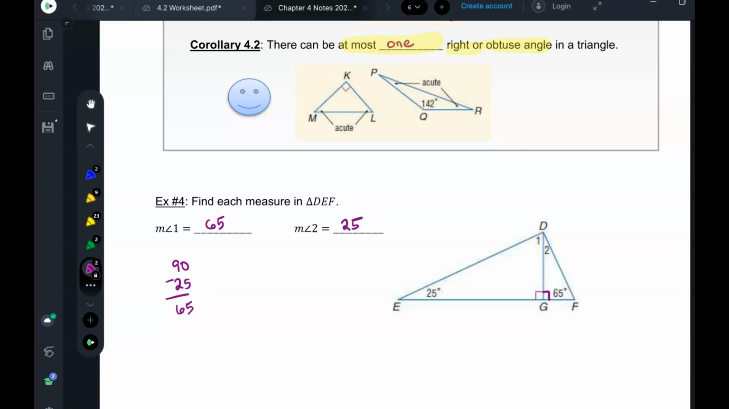That's so easy. Homework? Okay, especially since we have